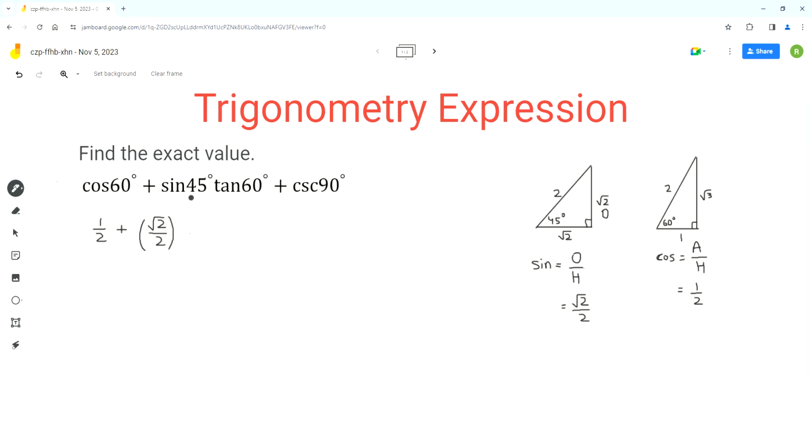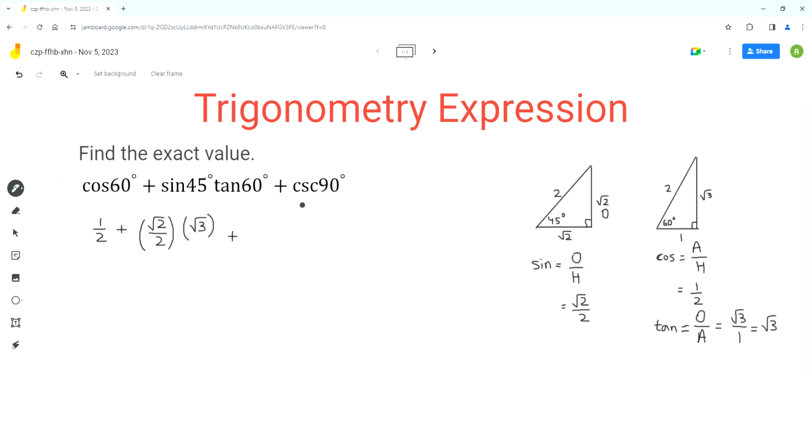Now sine of 45 is being multiplied to tan of 60 degrees, and for that we can use the other special triangle. So I already have that on the board, and for tan the formula is opposite over adjacent, and in this case the opposite side length for 60 degrees is square root of 3 and the adjacent side length is 1, which can be reduced to just square root of 3. So it becomes times square root of 3